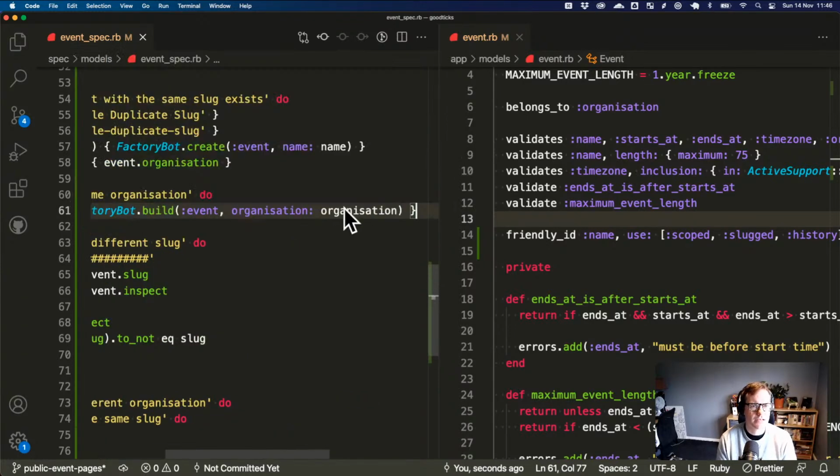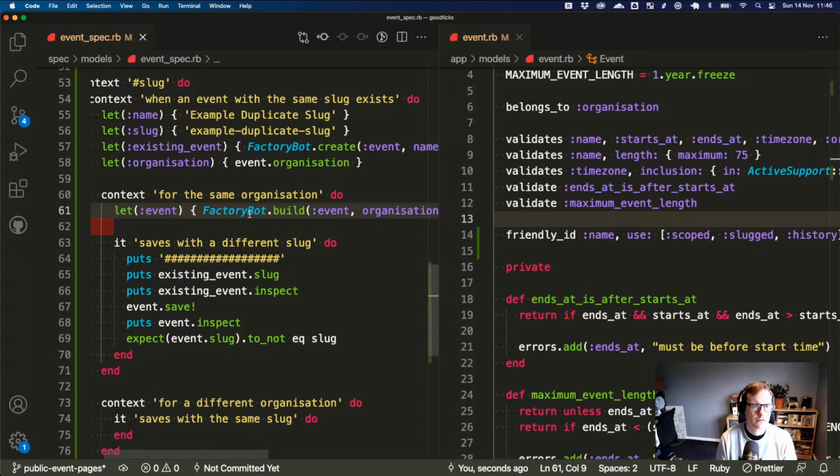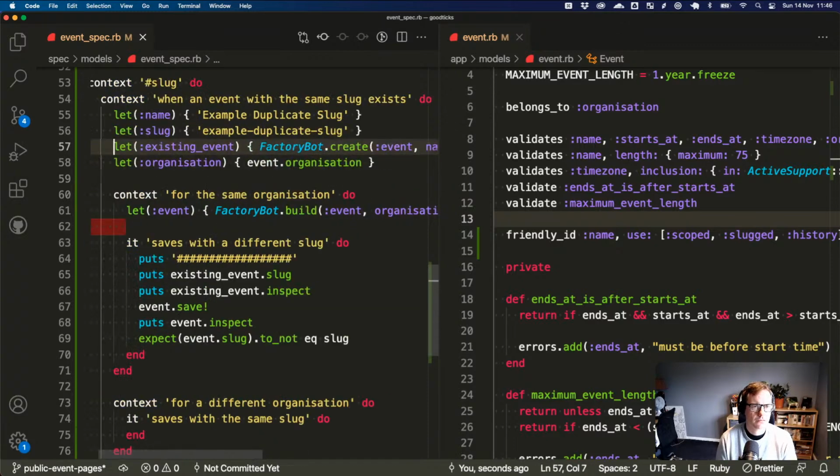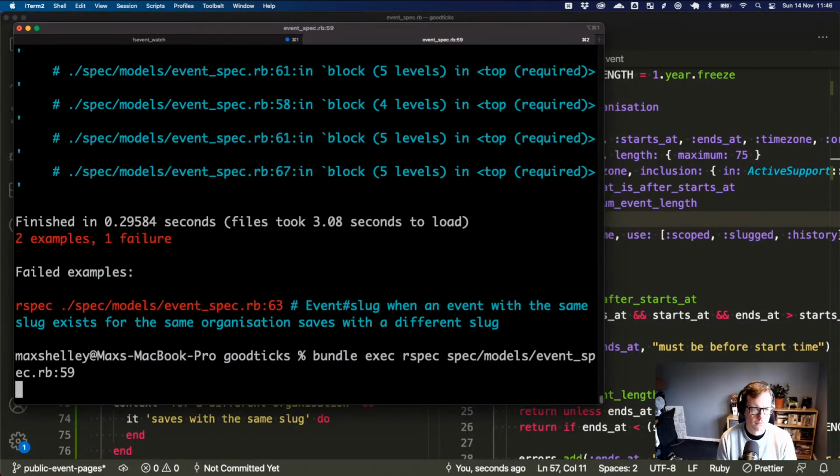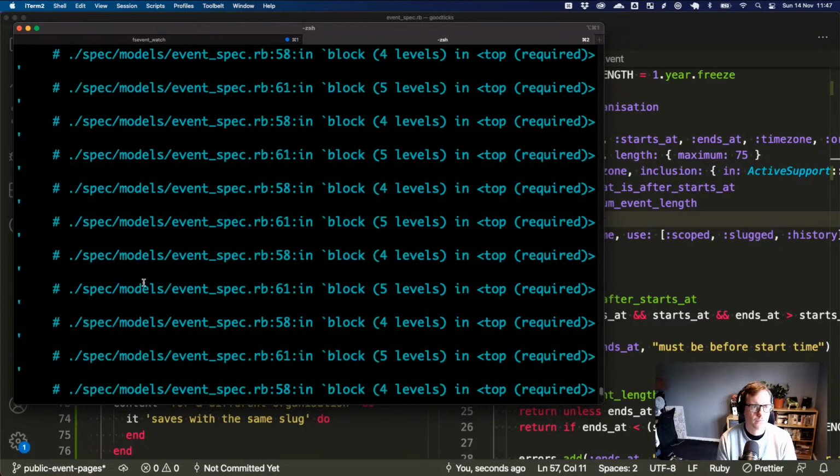Oh, so this is setting. So that creates event. Nope, same thing.